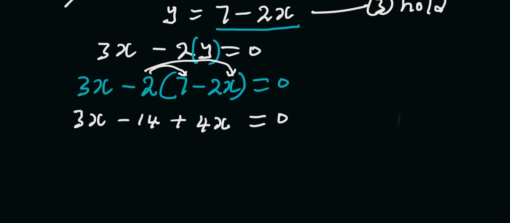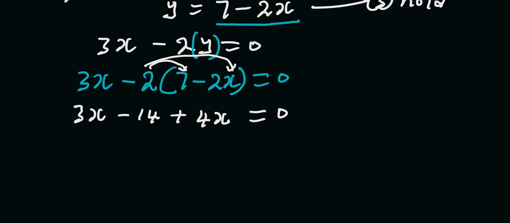So now, if you look at the equation carefully, we discover that we have 3x and then 4x. This is plus 4x, this is plus 3x. So if you add both of them together, combining like terms, that's going to give you 7x